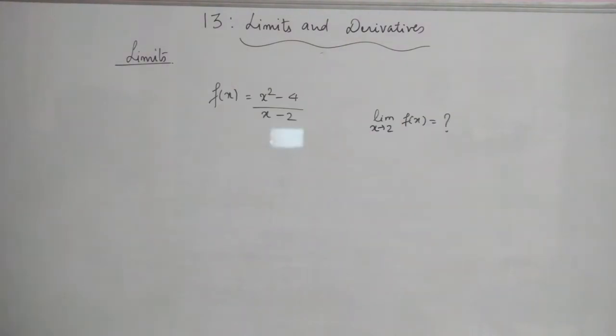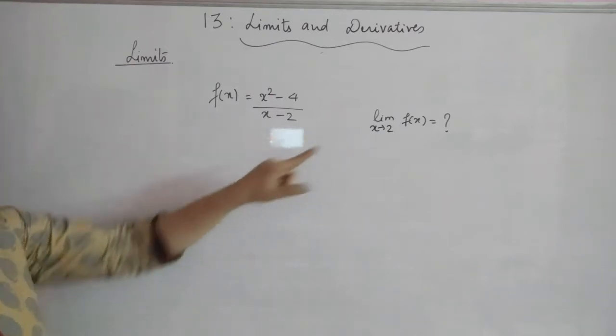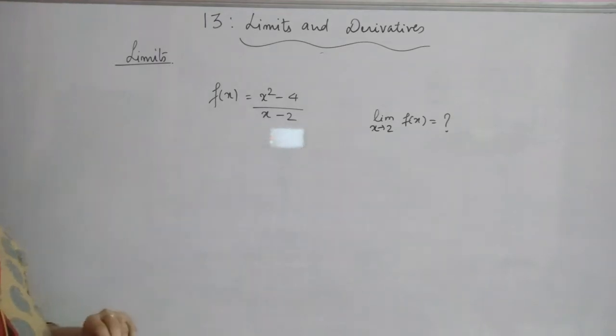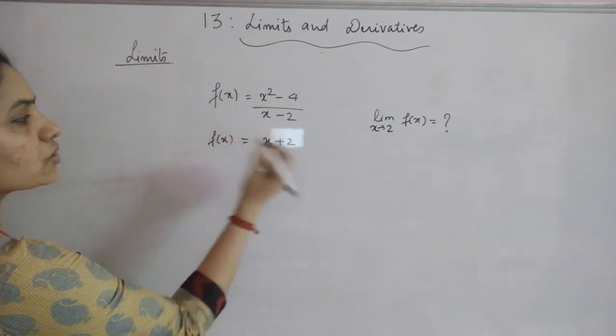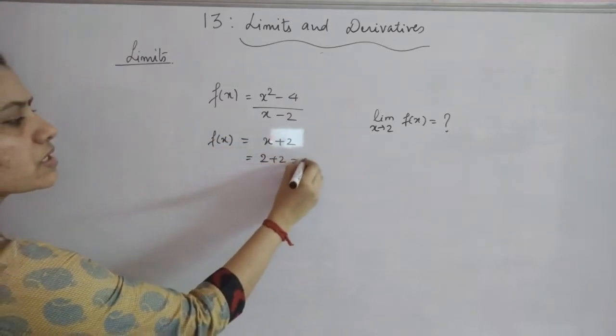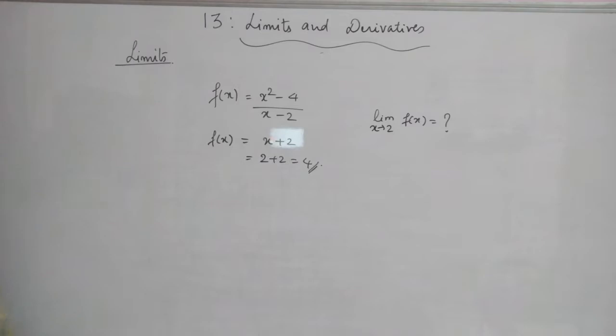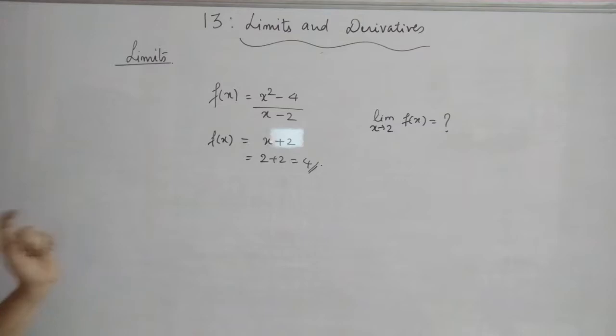Clear? Now here in the same problem you will be thinking why we need to find out the left hand limit and right hand limit and then find the limit or whether it exists or not. Was it not enough if we write it the same as f of x, so that when x is tending to 2, it will be giving you 2 plus 2, which is 4? That is also enough, you will be thinking. But this doubt which you have in your mind will be clear from the next problem, in which we will just see what happens to the left and right limit and what happens to the direct thing.